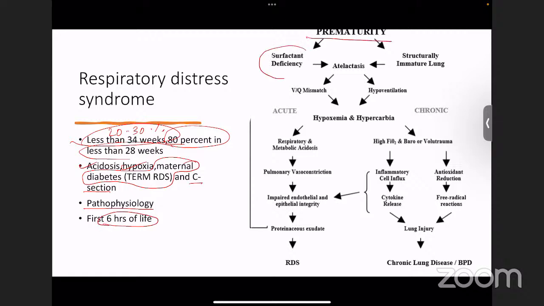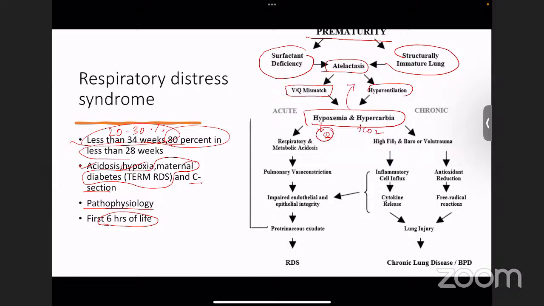There is surfactant deficiency. There is a structurally immature lung, which goes for atelectasis. Because of atelectasis, there will be a VQ mismatch and also hypoventilation. This in turn causes hypoxia because there is no oxygen, and carbon dioxide cannot be washed out because of the atelectasis, that will be hypercarbia. So, hypoxemia leads to metabolic acidosis and hypercarbia leads to respiratory acidosis, and this metabolic acidosis is one of the